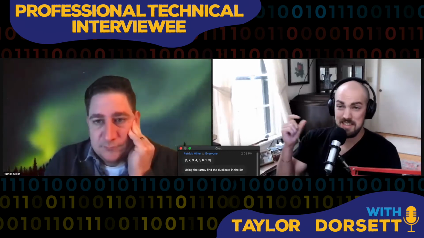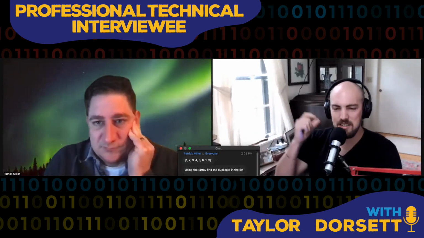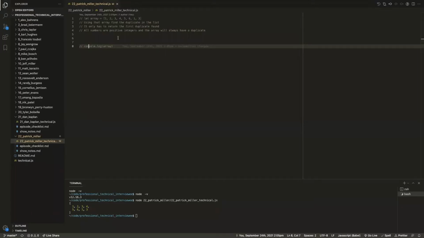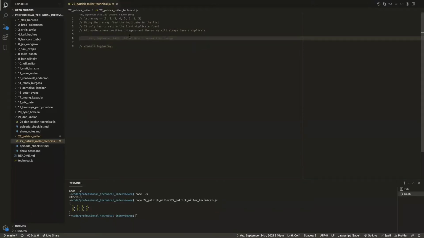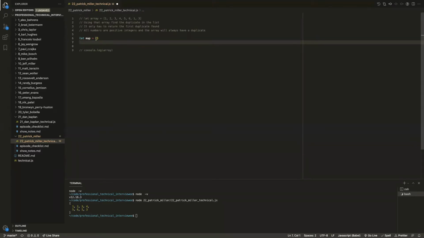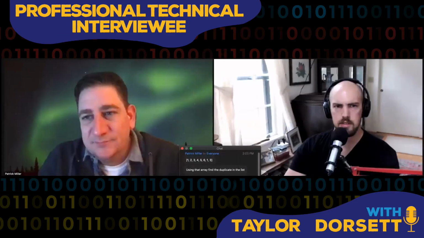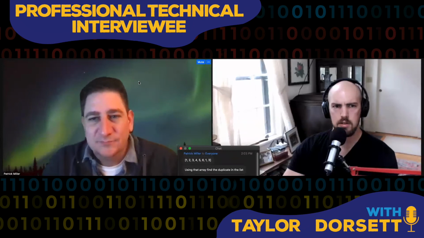I feel this is actually interesting. I've heard that said before, and I don't actually know what that means, because when I think of a hash map, the way I would write this is let result equal, or whatever we want to call this map. I just make it like that, and then I would just populate it using a for loop, right? So what do you mean by it's not inherent in JavaScript? I can get that functionality out of it by just doing that.